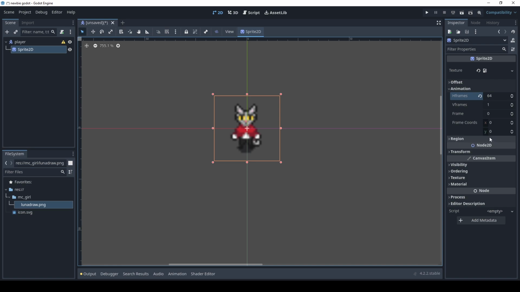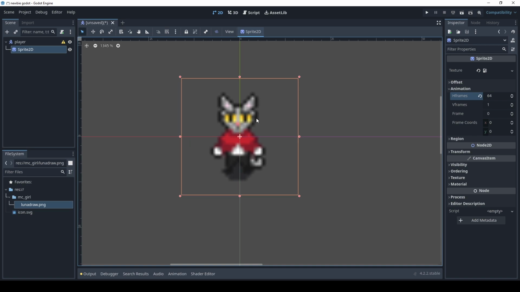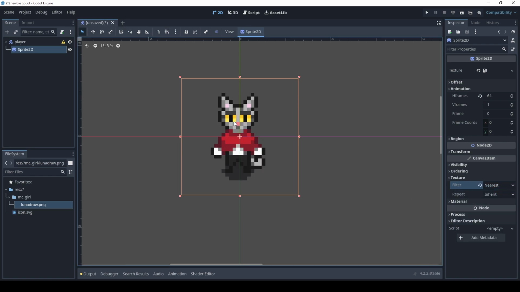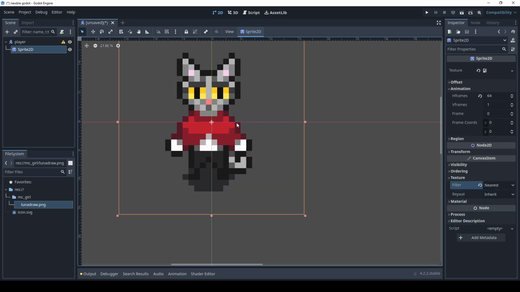Okay, because in game making we don't usually count from 1, it's from 0, so the 0 is 1 here. And if you notice that the picture is kind of blurry, so explore the texture and set the filter to nearest, and this is better quality.